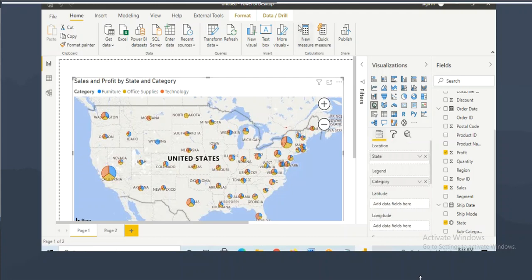Any questions so far about the map visual? Any questions about the map visual? Fine. The next one is